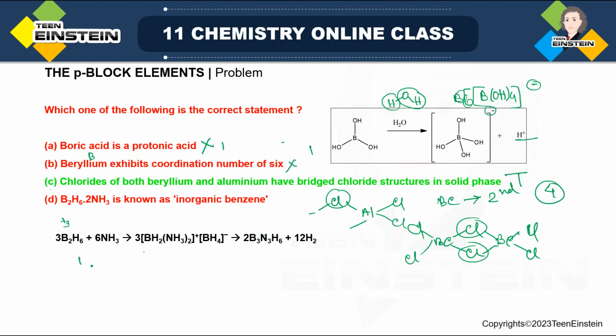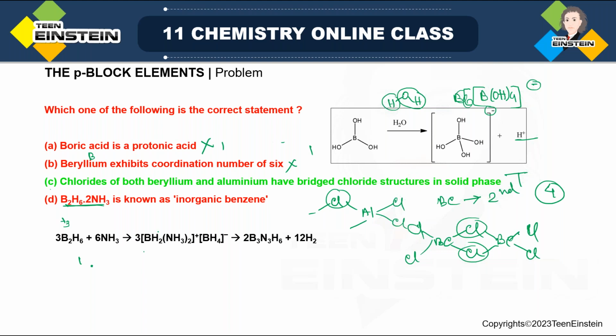Now out of these two statements that are left, only one will be correct. Now chlorides of both beryllium and aluminium, we know that it is already correct. So that's why this will be the only correct answer. Okay, the last one is not correct because B2H6·2NH3 in the adduct form, we cannot say it is correct,